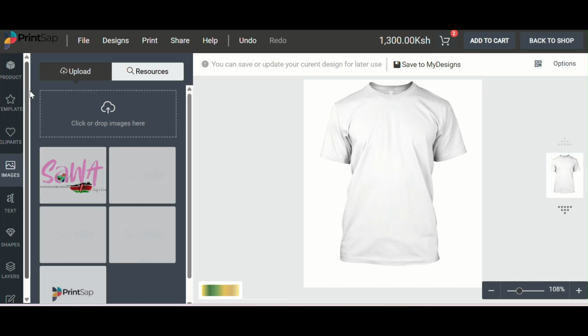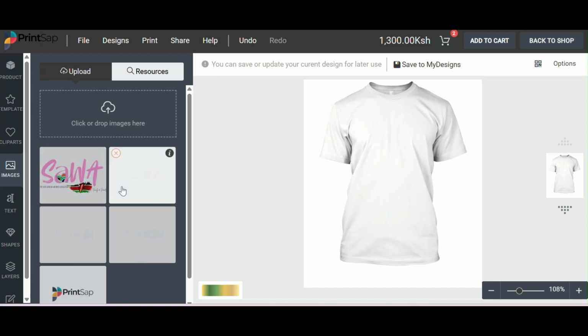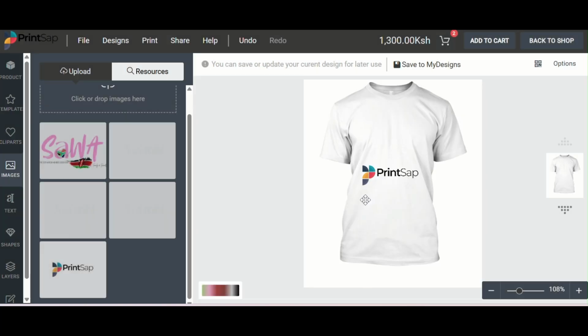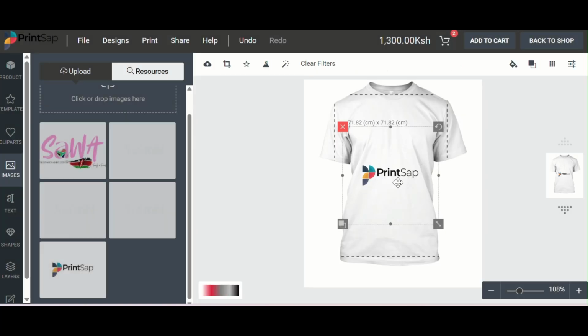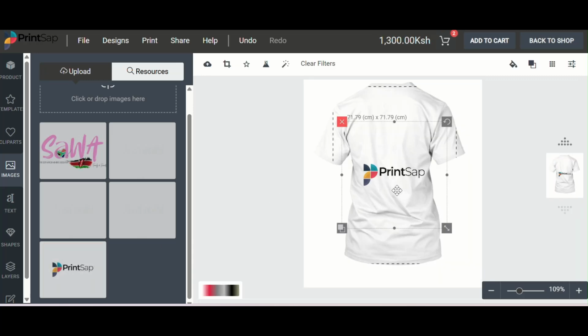And then we do have the option where you can upload a pre-existing image. Say for example you're working on your own logo or something. This is something we did a while ago, and if the resolution is low, it'll pick that up. But let's say I want to use our own logo, so you can see it'll pick it up, and I can zoom in or out and place it wherever I'd like for printing. And you can also do this at the back. So if you want to have your logo at the front and at the back, maybe smaller,